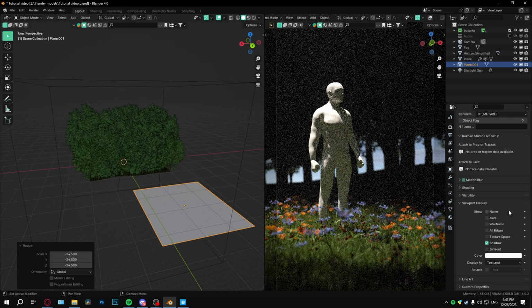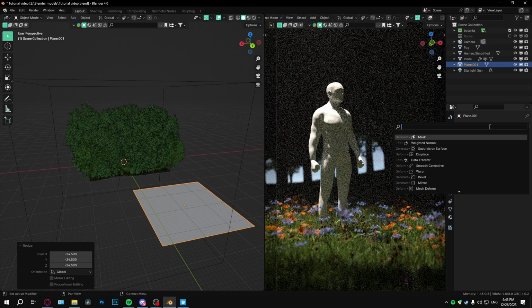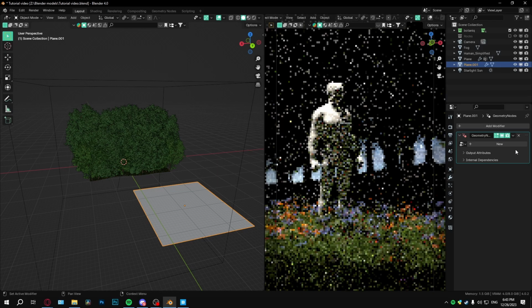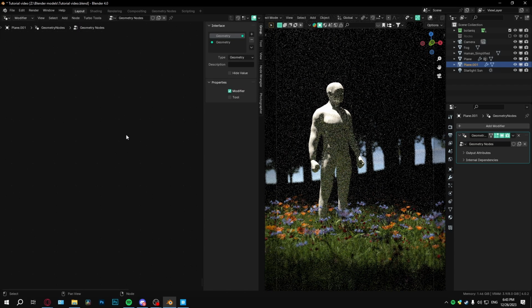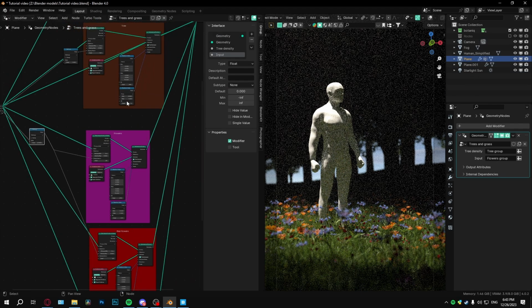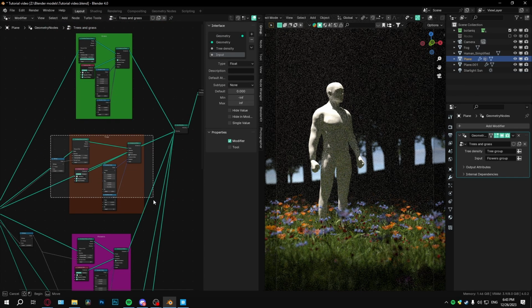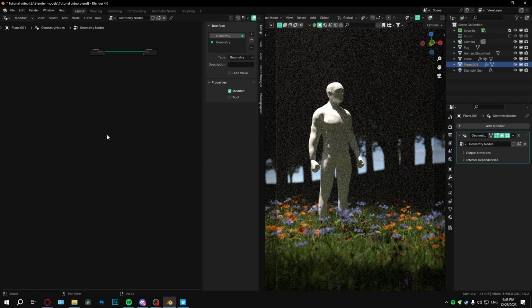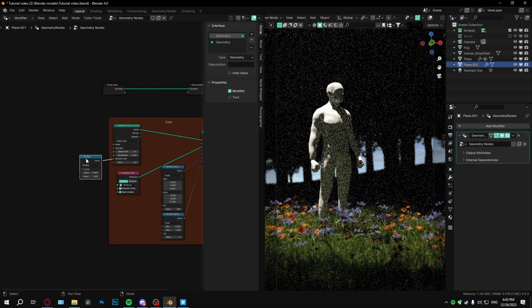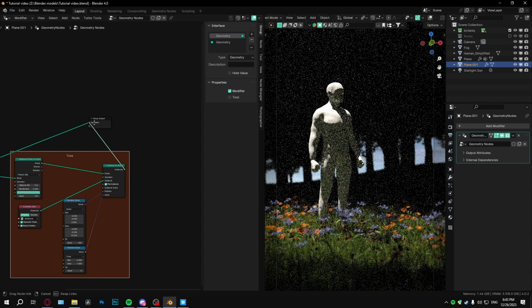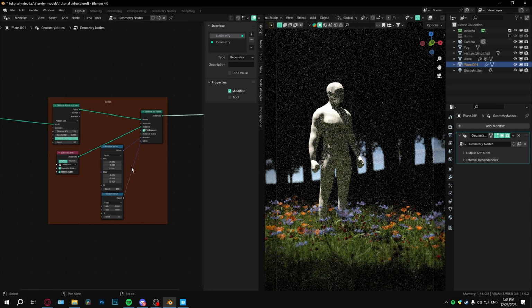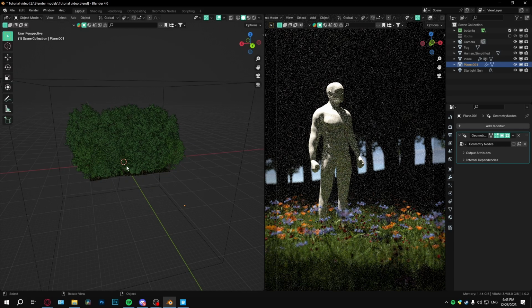What we're going to do is add a new geometry nodes setup to it. I want to select this main one here. I'm going to copy the tree collection. Go to this other plane here. Paste it. Don't need the multiply node. Put that in there. Put that in there. Oops. Right. Put that in there. And now we should have